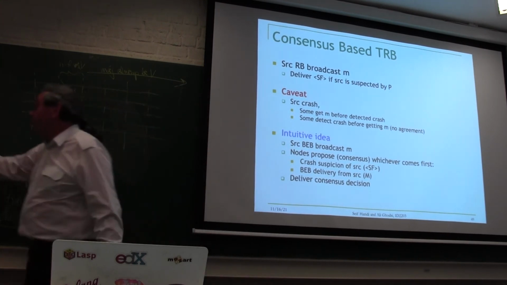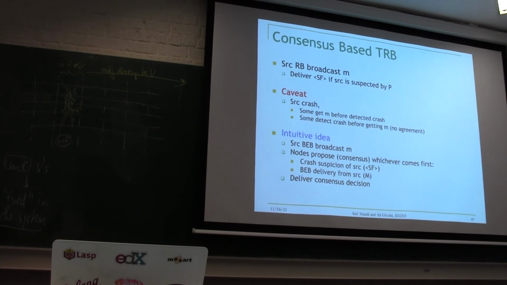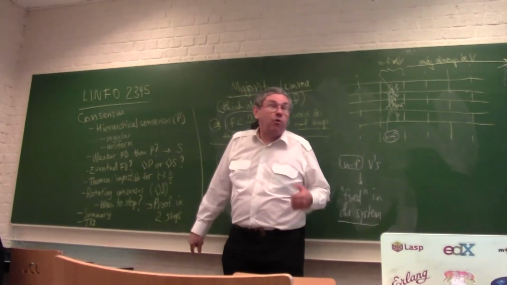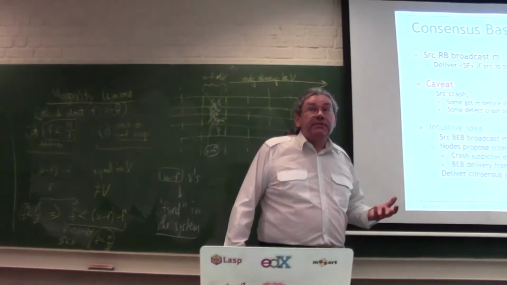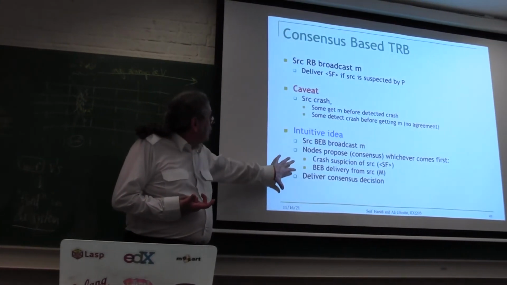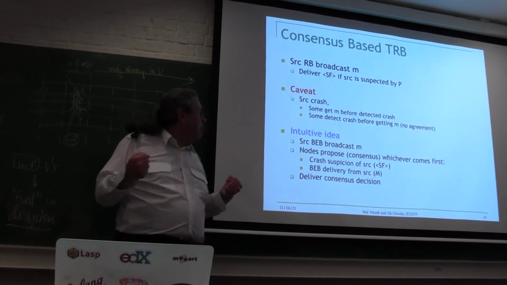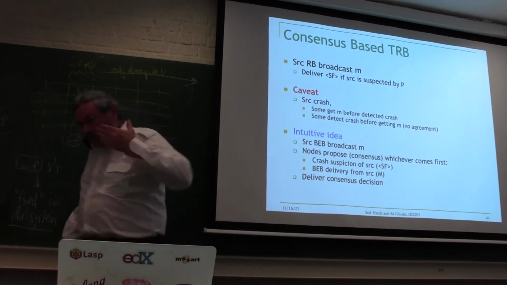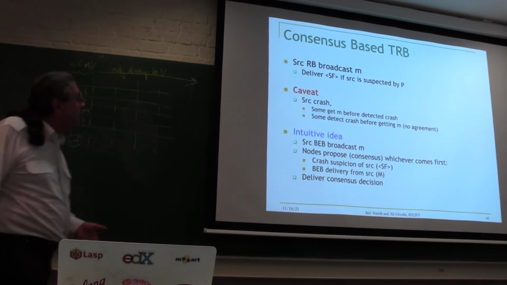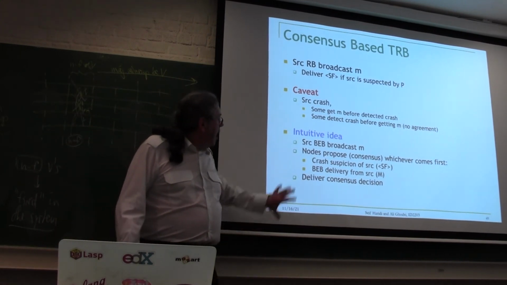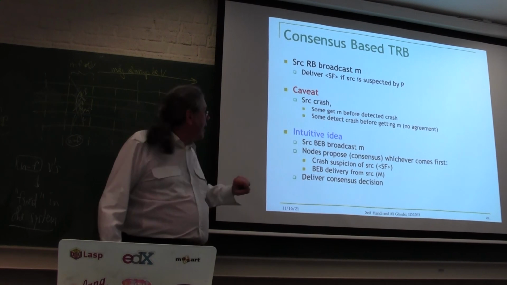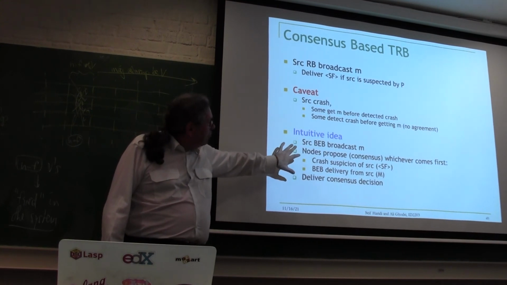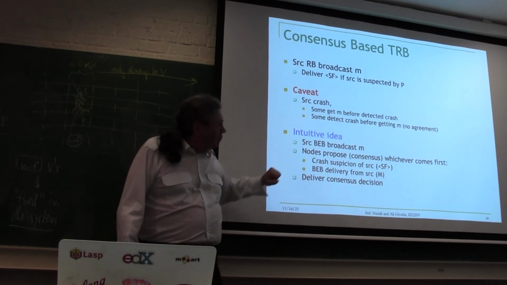You can see that consensus, especially the eventual versions, even the hierarchical one is somewhat complex, but the eventual versions are quite complicated, but that complexity gives you a lot of power. So consensus is actually a really good building block, okay? Here in TRB, consensus can tell you when the broadcast is done, when it's finished. I want to say more here, but we don't have enough time today, and I don't want to rush things. So I will get back to this next week to give you more of the intuition.